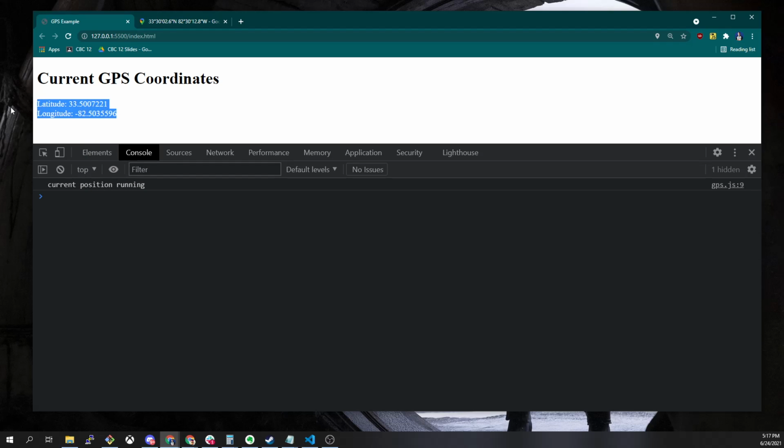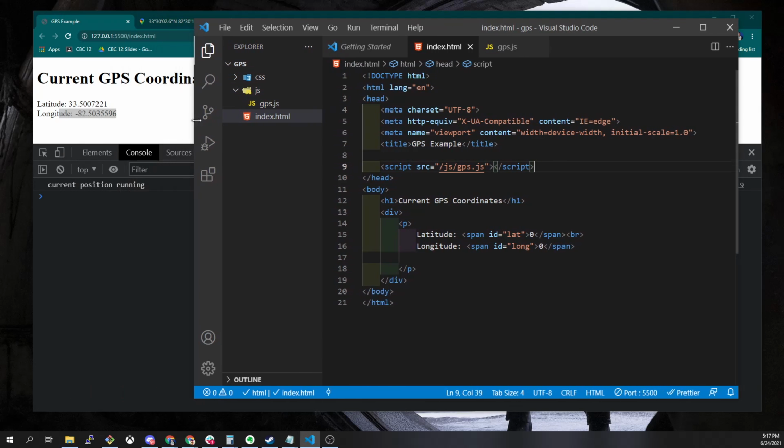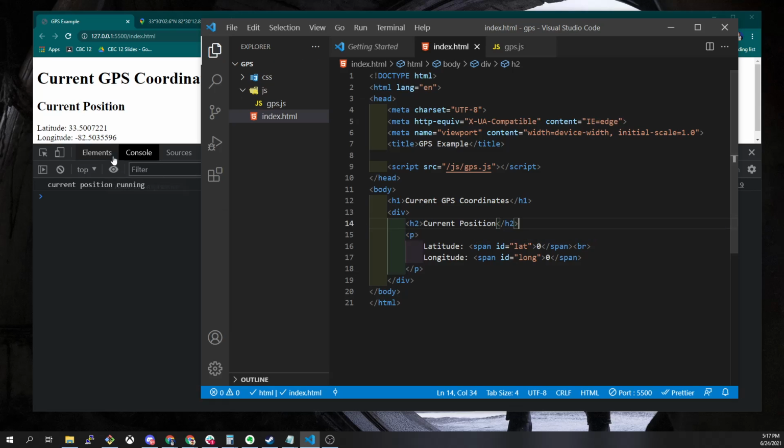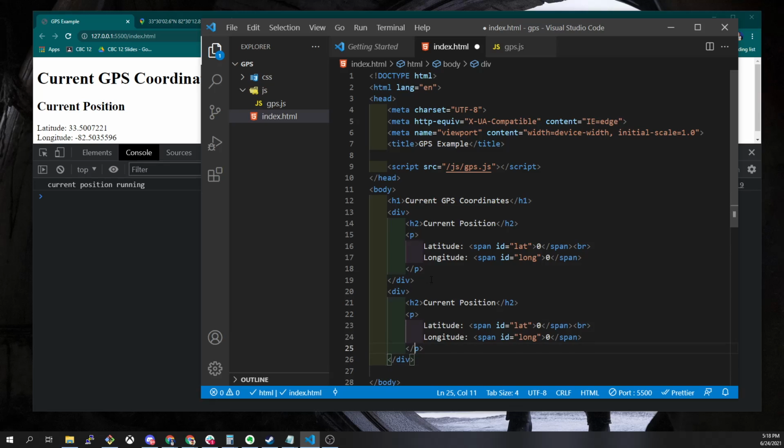But now that we know how to get our current position, let's start thinking about this and figure out if we can make some distance stuff. So we'll say span, and we'll call this current. Let's say h2 current position. Okay, so this is our current position. Let's copy this information into a second div that will be right next to it. And for the sake of making all this line up, let's just say